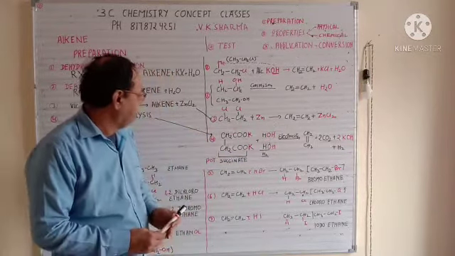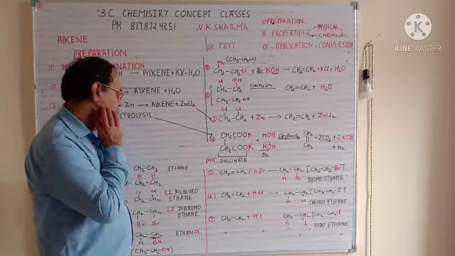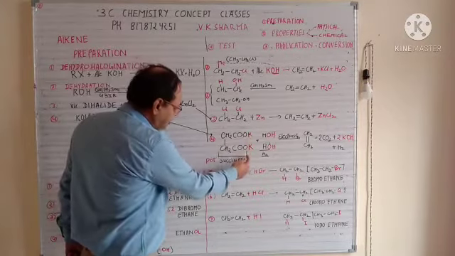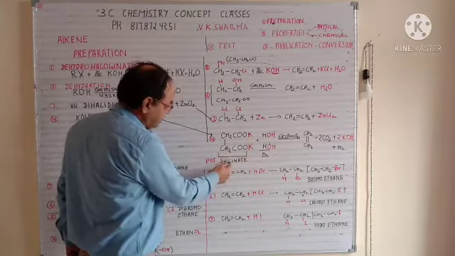Your next reaction, the fourth preparation, is Kolbe's electrolysis. In Kolbe's electrolysis, just see this portion, the black portion, is your succinate group. Suppose you put potassium here, that will give potassium succinate. Suppose you put sodium here, that will give sodium succinate. In the same way you can make all the compounds. In some books potassium is written, in some books sodium is written, so it hardly matters.